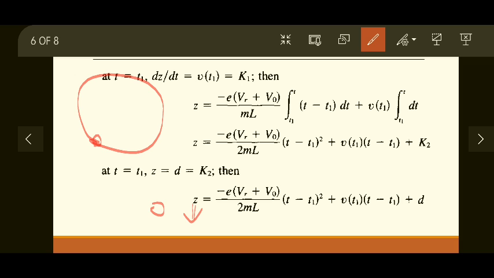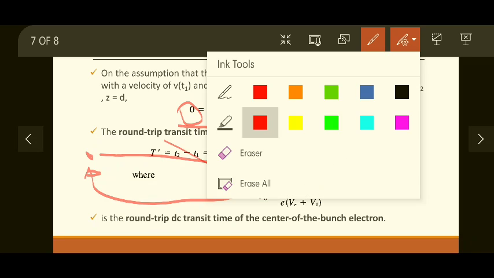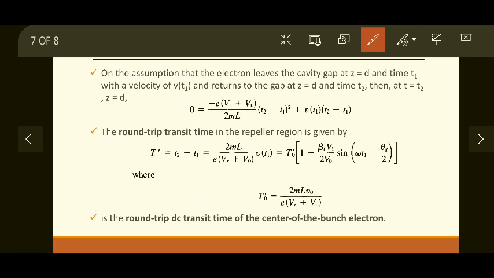Why? Because both are the same points, initial point and ending point both are same point, like this one. Okay, so the total distance traveled is 0 because we are not moving anywhere, we are coming back to the same point. Actual distance traveled is much larger, that is given by this one, but in terms of length it is 0. Okay, the total length that is traveled is 0, so that is 0 considered over here. This is called a round trip transit time. This concept of round trip time we know already, initial point and end point both are same, so it is called a round trip transit time in the repeller region.